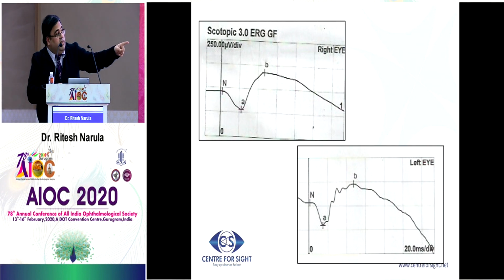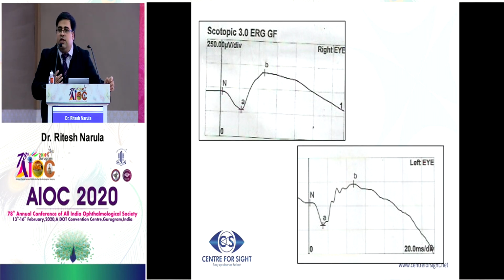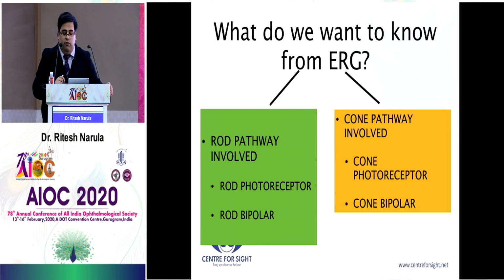Also, sometimes you get small wavy forms on your ERG. These are called oscillatory potentials. There are multiple other cells in the retina, the amacrine cells, which give these oscillatory potentials onto the rising B wave of an ERG, but this is not very much used clinically. For clinical importance, remember the A wave from the photoreceptors and the B wave coming from your bipolar cells. So what do we want to know when we do an ERG?